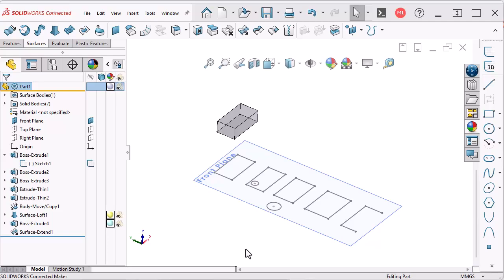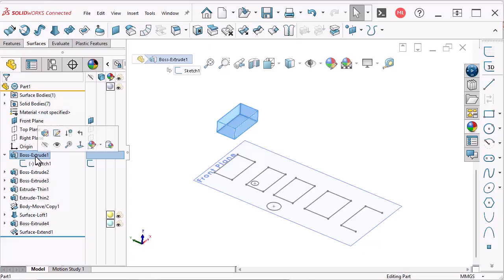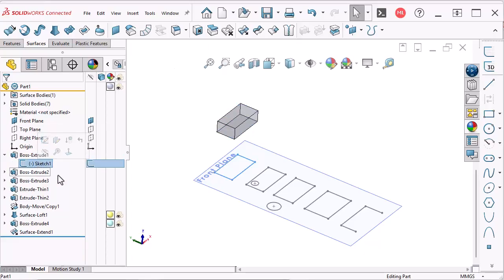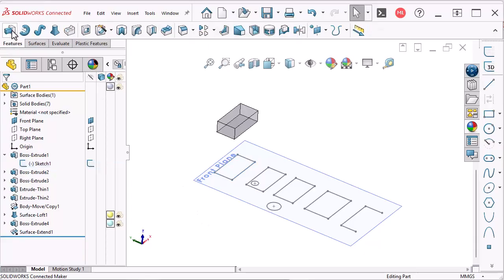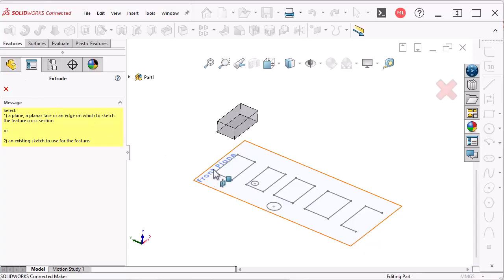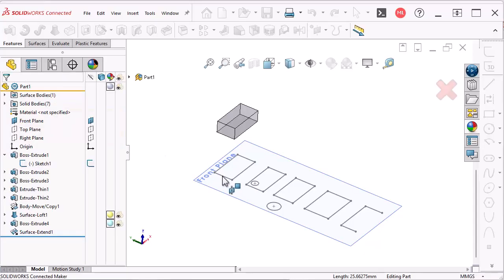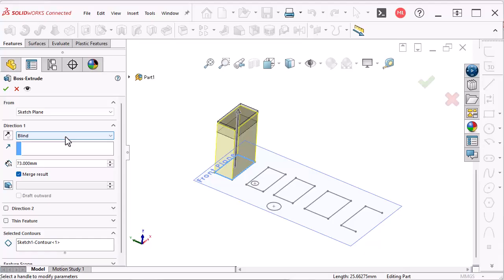In this video, I'd like to take a look at the Extrude feature and several of the options available with it. The very first feature I've created is an Extrude, and it's just a plain simple extrude from a single sketch. But let's take a look at some of the options by creating a brand new Extrude feature. We'll use the same original sketch, take a look at these, and take a look at these options in direction